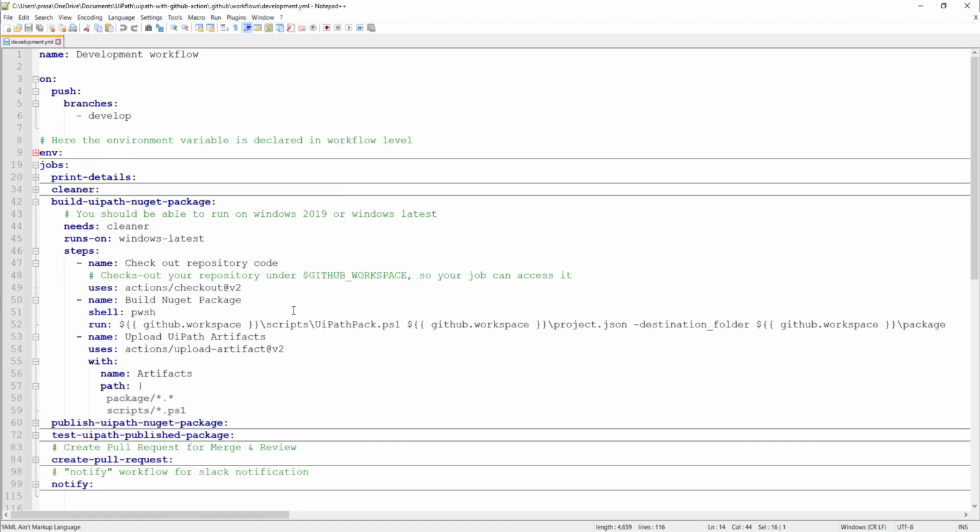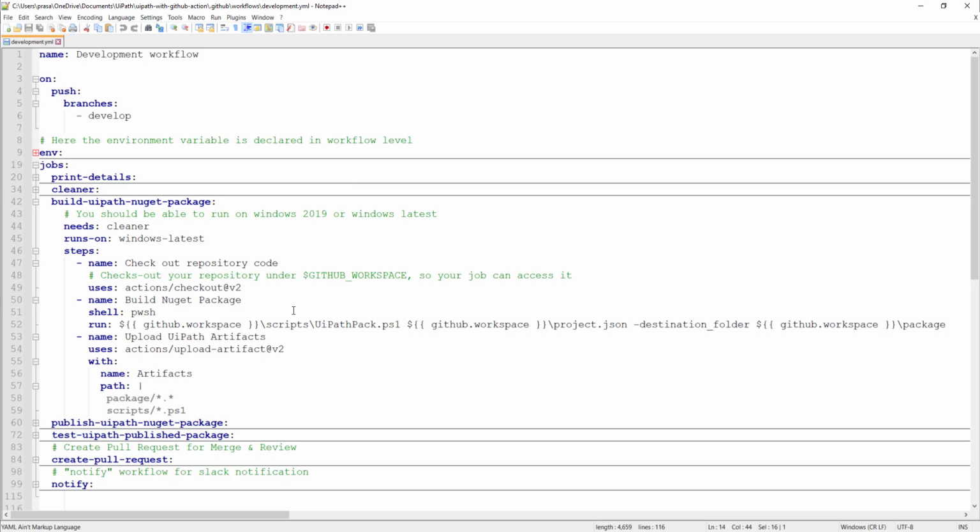Then we have job number 3, which is build UiPath NuGet package. And look at this very carefully, right? Here I'll explain multiple things we are trying to do. As all of you know, UiPath packages have some dependencies on Windows, right?